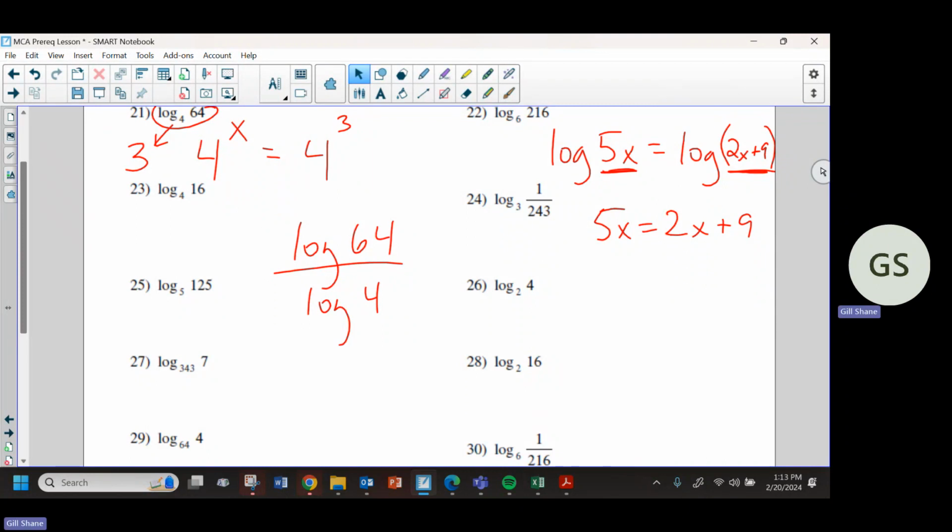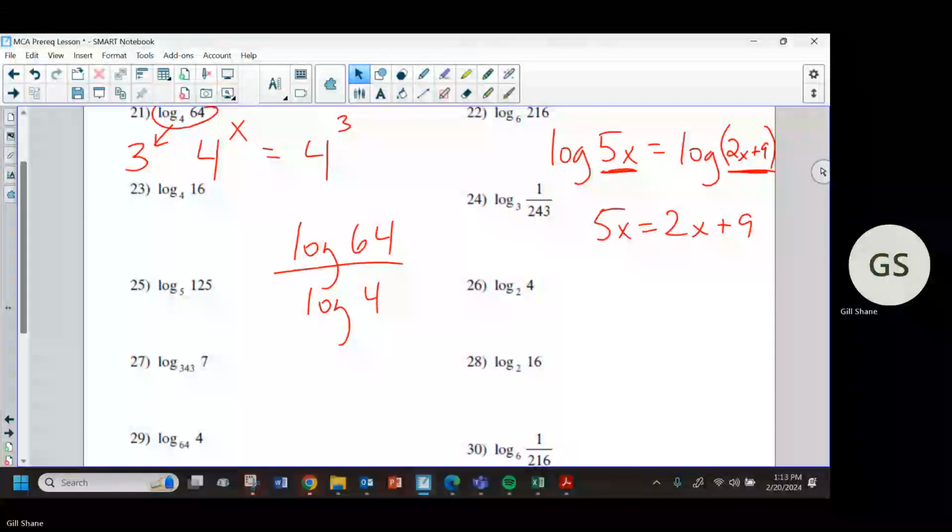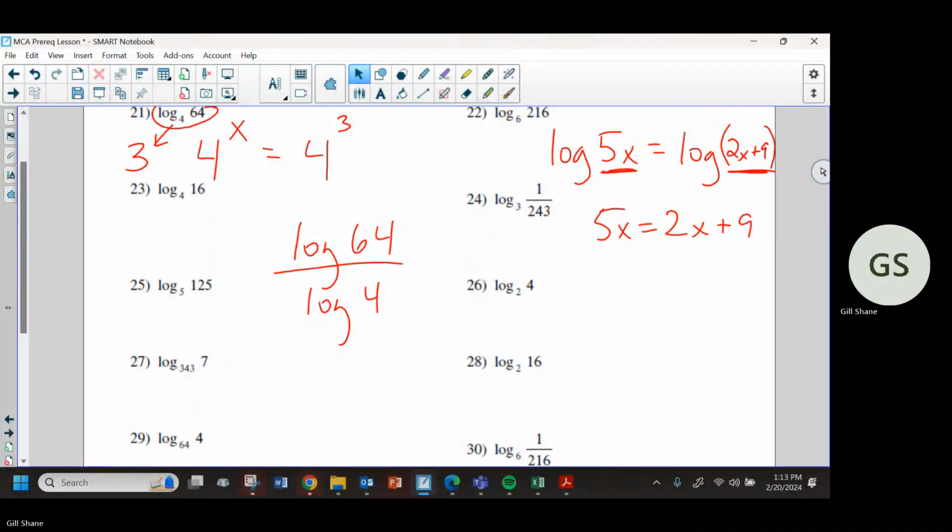I've got to figure out this one. Very good. Here is what that probably means. It's not saying subtract, it's saying